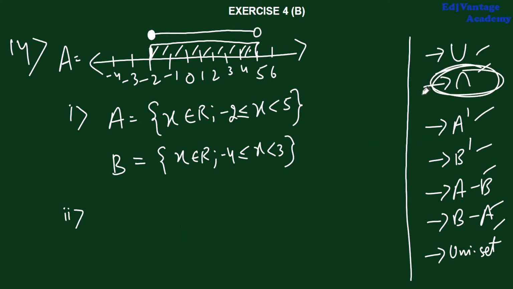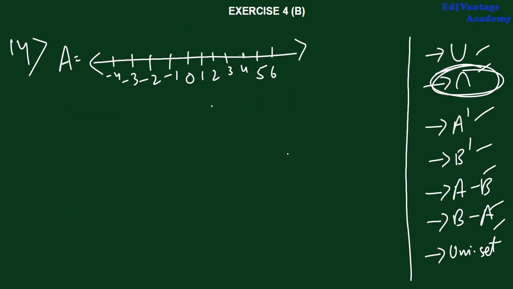For that you need to know what intersection is. Simply, intersection means the commons. Whatever is common between A and B, we represent it on a number line. Let me first just put a number line. Okay, if I write it outside to make you understand, A they have given from minus 2 and goes up to 5, where 2 is included. This is our A. B if I write,